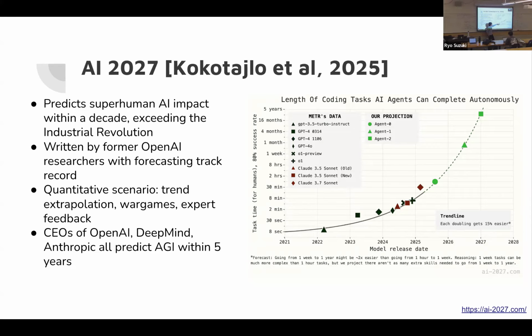And you can see that in 2025 to 2026, we have tasks that take 2 hours to 1 week, coding tasks for the AI. I think this is actually pretty much accurate. It used to be only a couple of seconds, a couple of minutes. But once the AI can write and complete software engineering tasks that take a month, or years, then